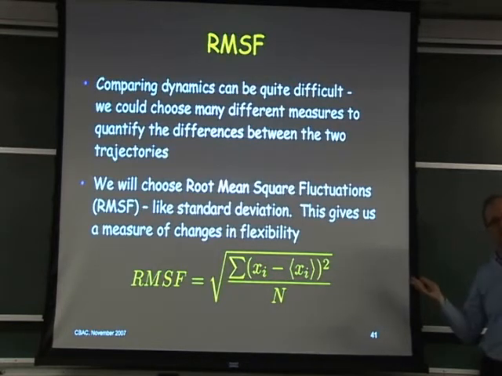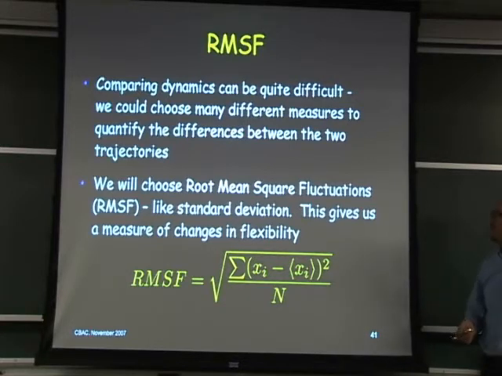In this system we've got perhaps around 6,000 to 10,000 atoms, probably closer to 10,000 to 15,000. That means we've got roughly 30 to 45,000 degrees of freedom of just spatial movement. But we want to choose relatively simple measures, and this RMSF measure is what we found gives us the best measure of all. RMSF stands for root mean square fluctuations. It looks exactly like a standard deviation.